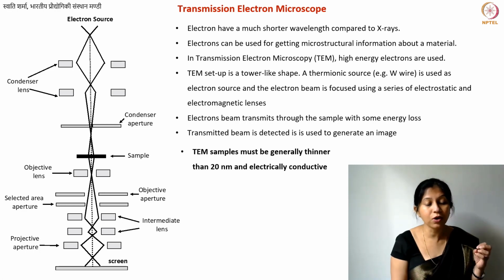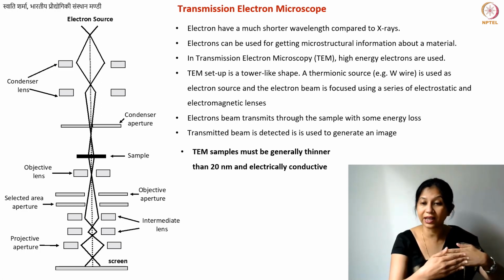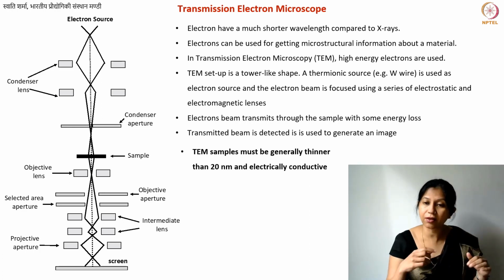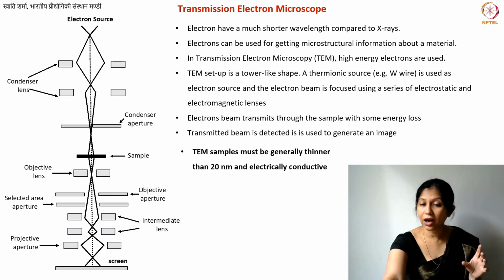When you want to essentially get the microstructural information, you want to see how your crystal planes are organized. In that case, the sample should be thinner than 20 nanometer, and the thinner the better. If you have a sample that is 5 nanometer thick, that will give you more information, because you will have only a few planes of your sample within the focal length. This is something we are going to also discuss. The point is that you need to spend some time in preparing your TEM sample.